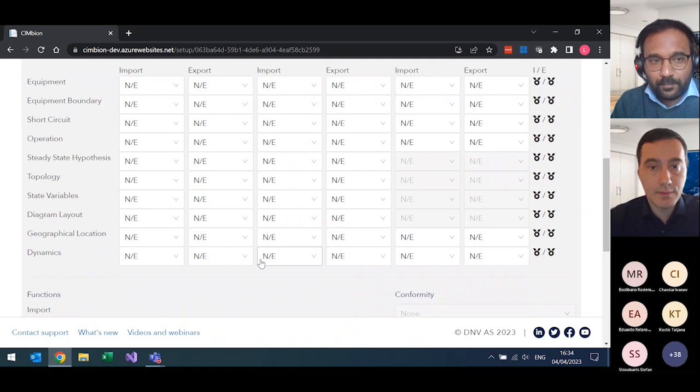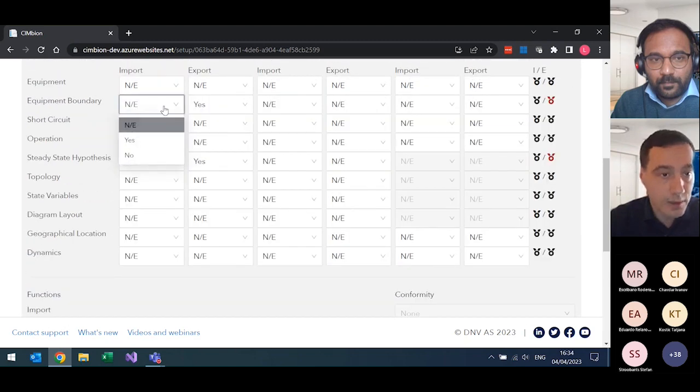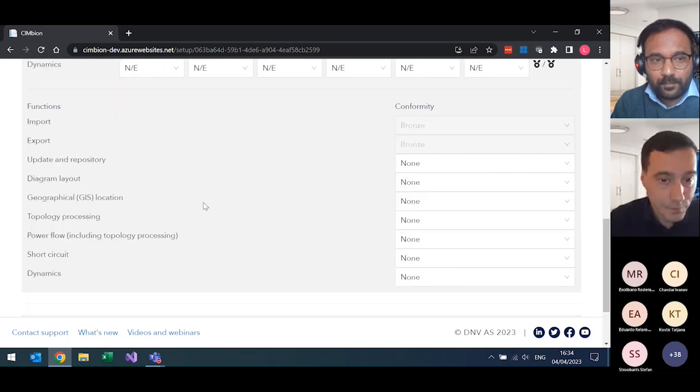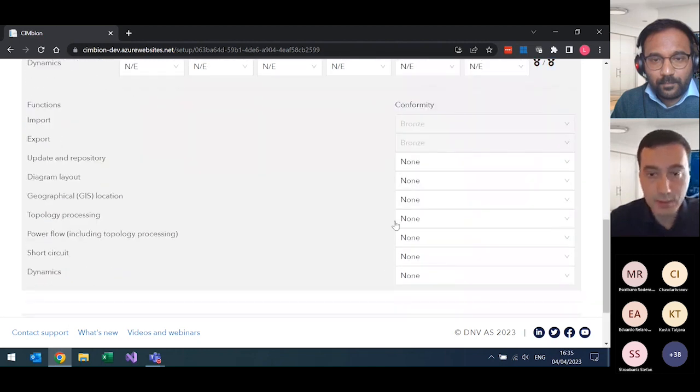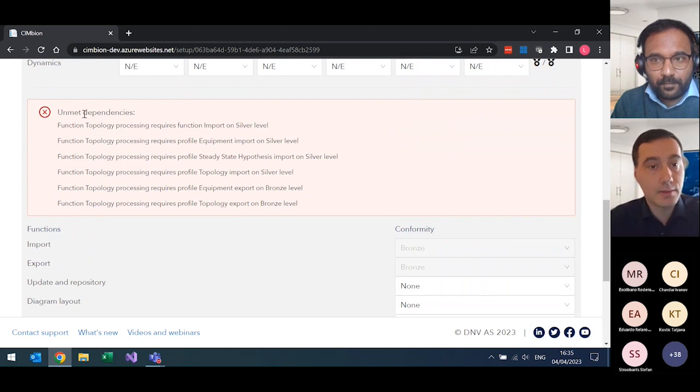So needless to say, there are very many interdependencies between what you choose here and what you also need to support. For example, if I say that I support steady state hypothesis and also, for example, that I support, I don't know, boundary, let's say import. And I want to say that I support topology processing. Then I get immediately a list of all the things that are necessary for me to support in order to